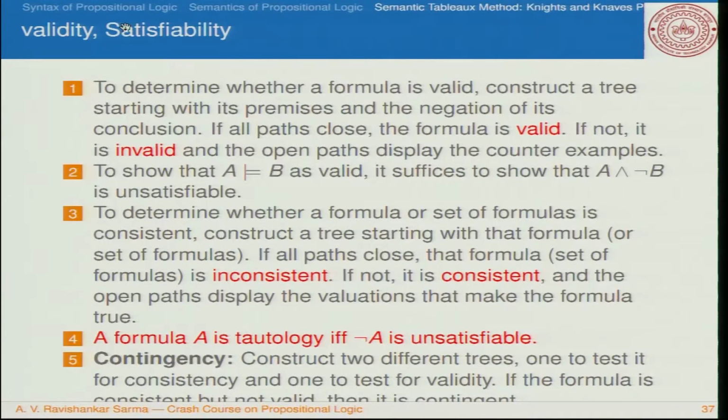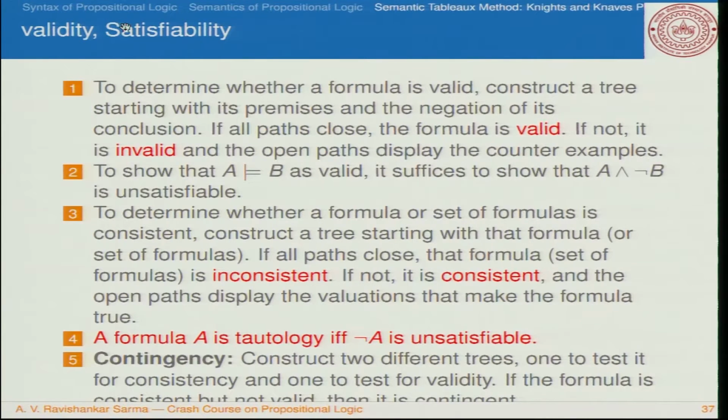If you want to show that a group of statements is inconsistent, then you list out all the statements one after another and you start constructing the tree diagram by using the tree rules, and then you will end up with the atomic propositions. If at least some branches stay open, that tells us that the given group of statements is consistent.